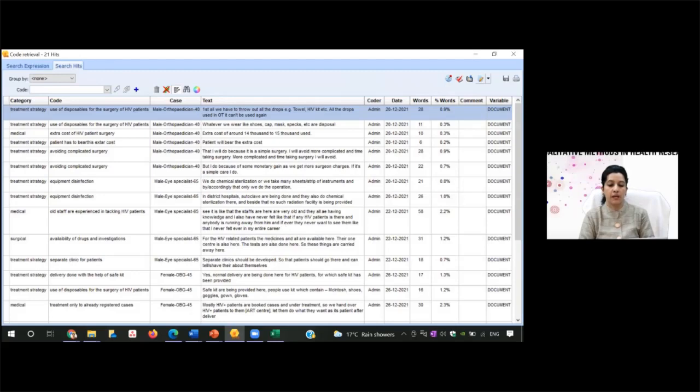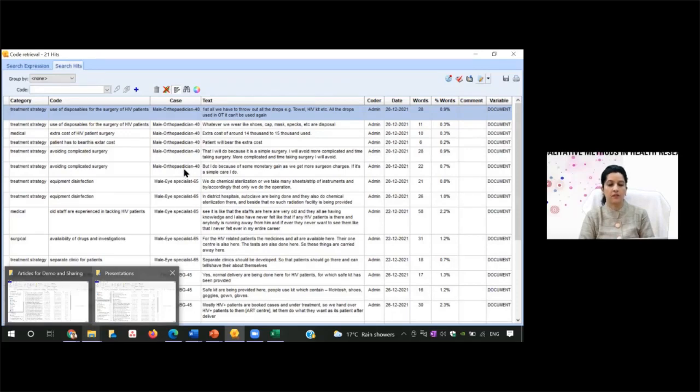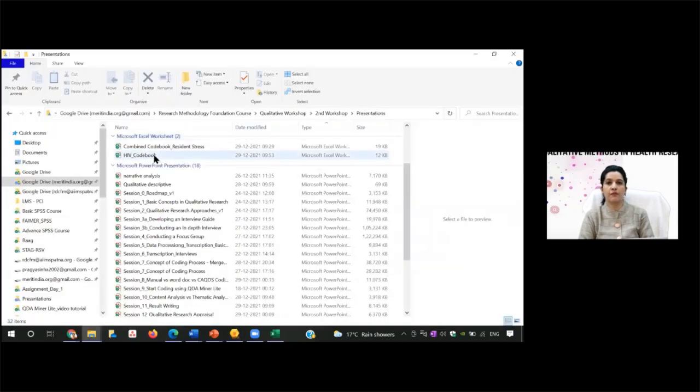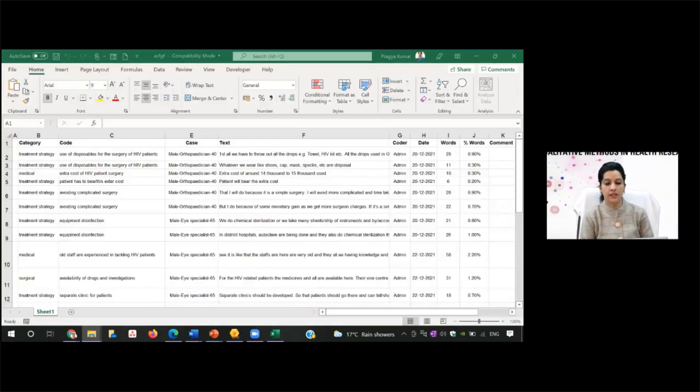So now I'll go back to my Excel. It is there in the presentation. So this HIV code book. So this code book I was discussing, that if you have got some framework, and if you are finding it difficult, if you see the interface of,